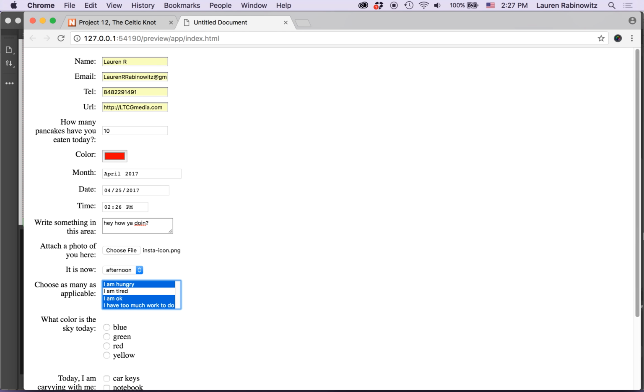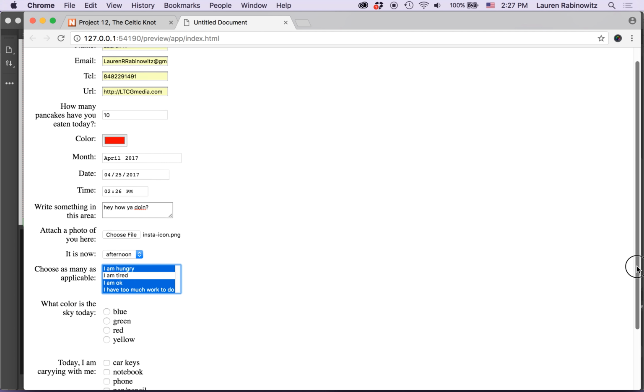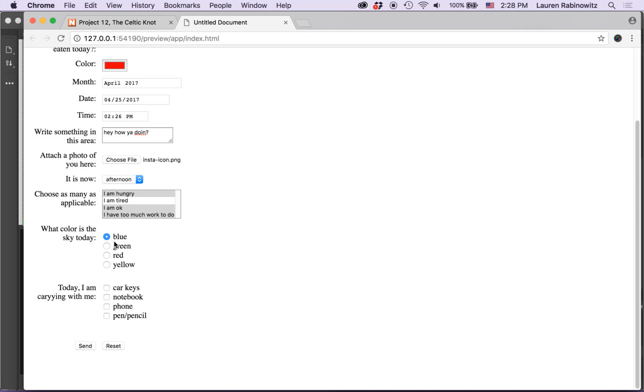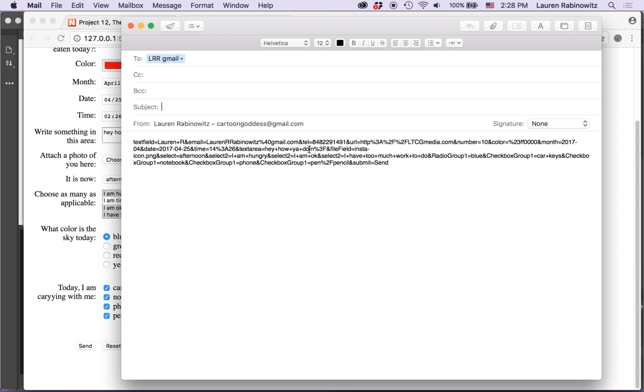What color is the sky today? My user's only going to have one choice. Scroll down. And today I am carrying with me: the user can select as many as they like. So notebook, phone, pencil. Okay, and then when you click the send button, it's going to bring up the email program with all of this information in here. So everything that the form has collected, which looks like mumbo jumbo, but trust me when I say everything is in here, and that is how you put together